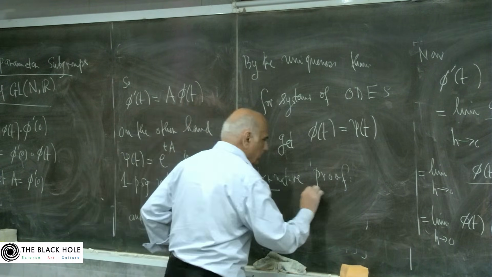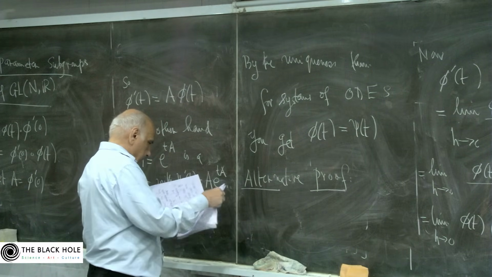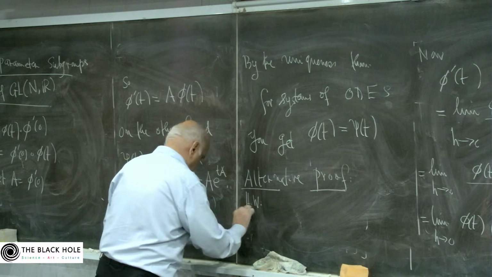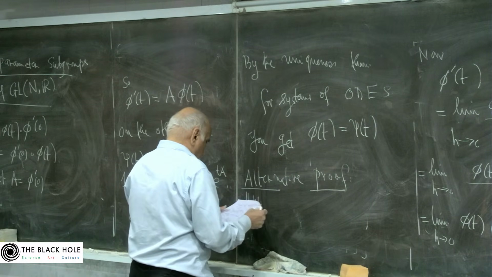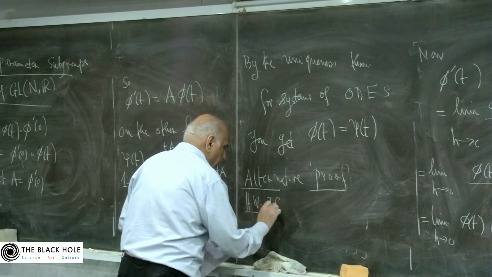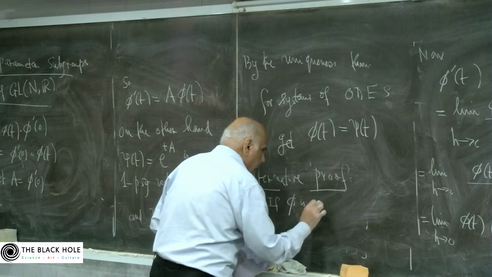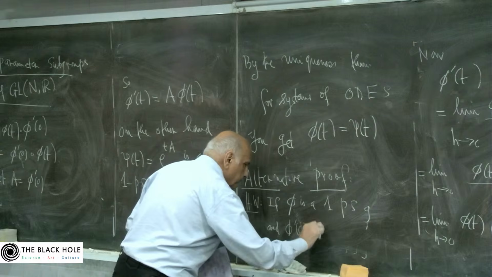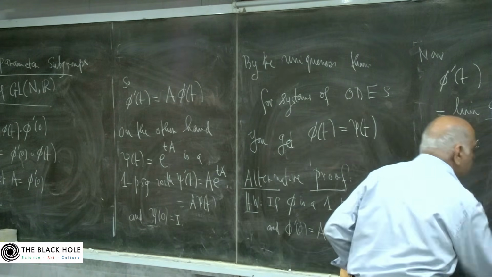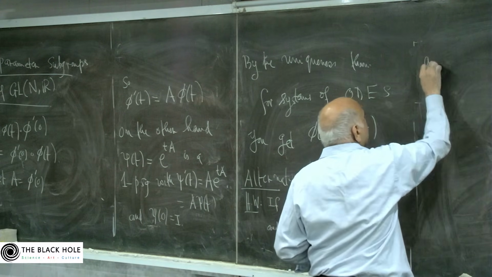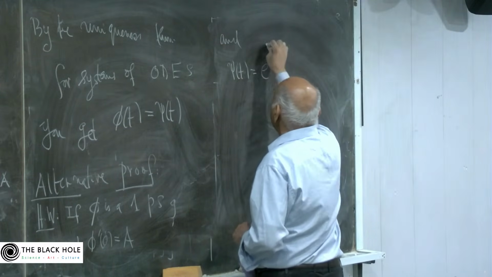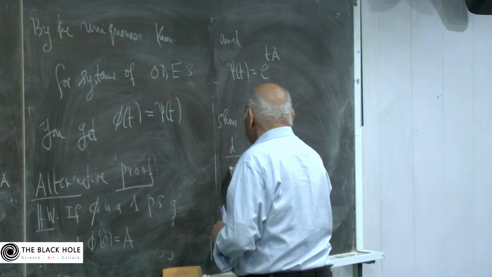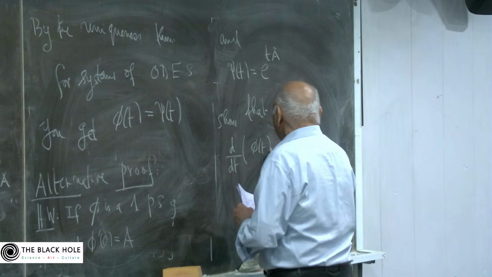So, homework. If phi is a one parameter subgroup and phi prime 0 is A, and epsilon t is e to the tA, show that d by dt of phi t epsilon t inverse